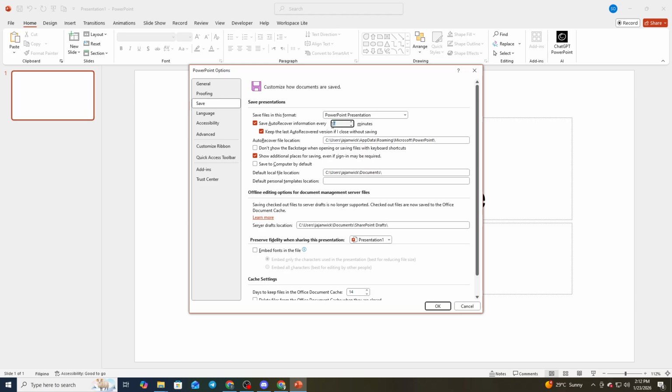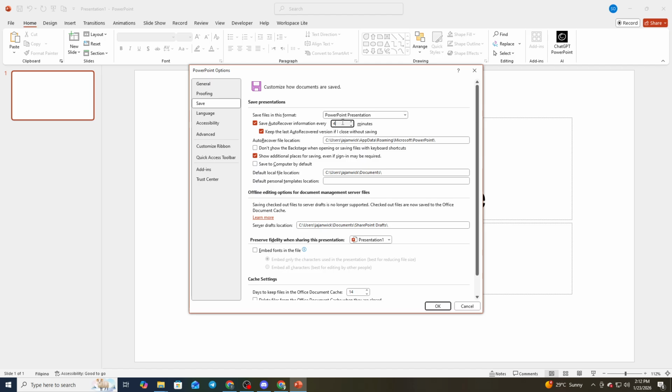By default, the interval is often longer than most of us would like. Change it to about 5 minutes or even 4 if you want extra protection. Shorter intervals mean more frequent safety copies, so if something goes wrong, you'll have a recent version to fall back on. Just remember that extremely short intervals can add a tiny bit of overhead, so pick a balance that fits